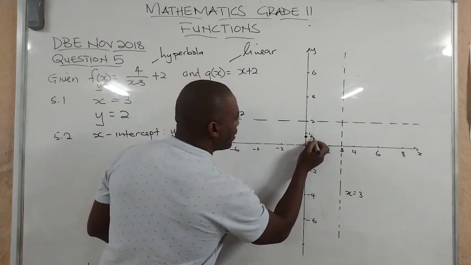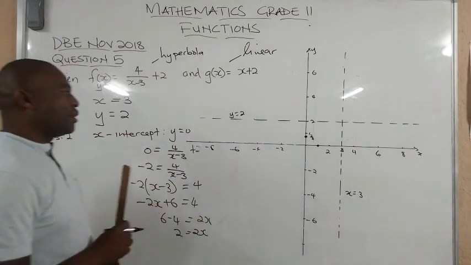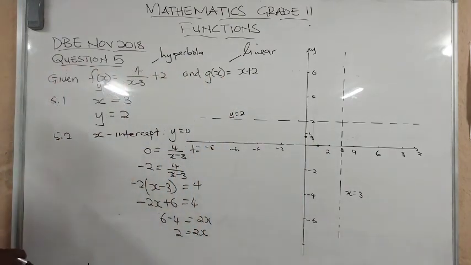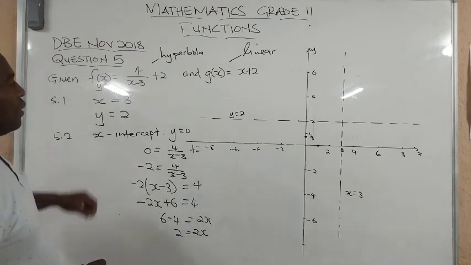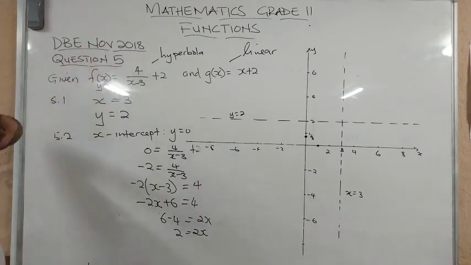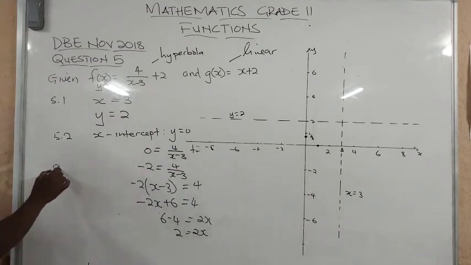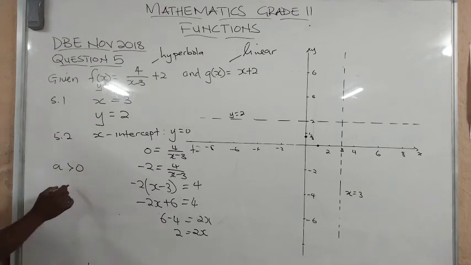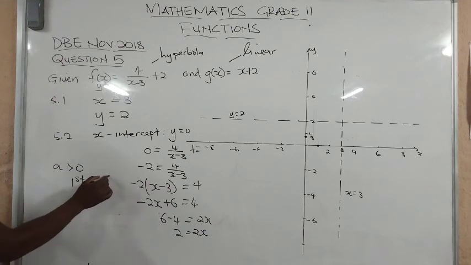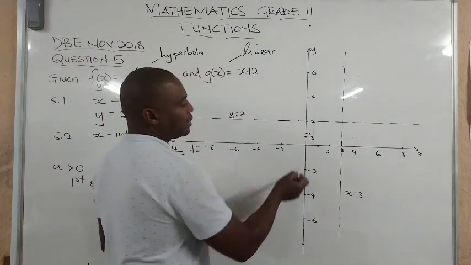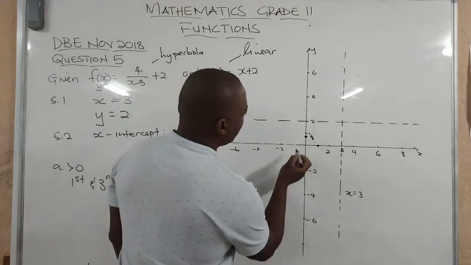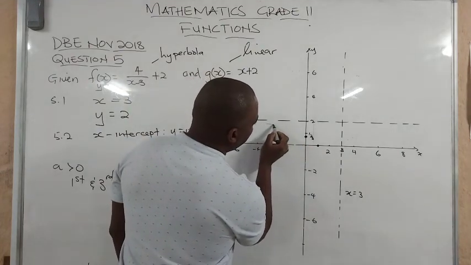And let's remember to label that mark so that even the examiner will be able to see. Also, by looking at a is greater than 0, this tells us that the graph is going to be in the first and the third quadrants. So here we have 2 points. It's enough to sketch the graph. That means our graph is going to move